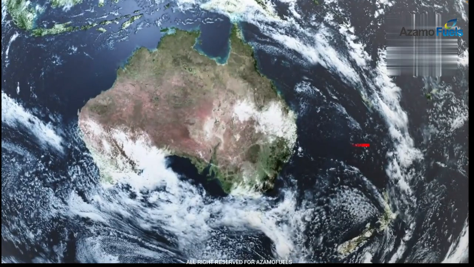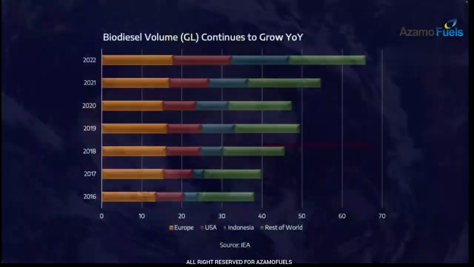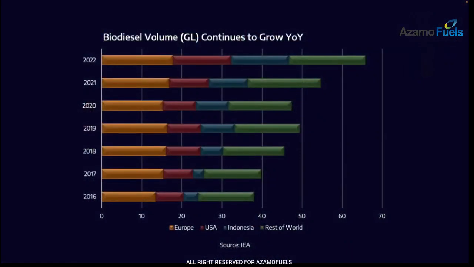If you go to somewhere like Australia, it varies by jurisdiction. So in my state of New South Wales, I think the rule is that 2% of the volume which is sold by fuel distributors needs to be biodiesel, right? And it varies state by state. The same goes for the US. I think the mandates vary by state, and that's true of places all across the world. But the fundamental underpinning trend is that the volume of biodiesel continues to increase year on year, and it's starting to grow its market share as people look for renewable fuel sources.